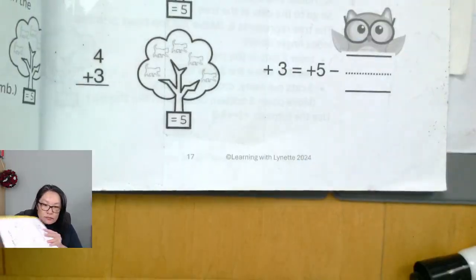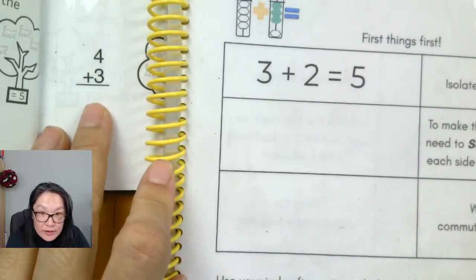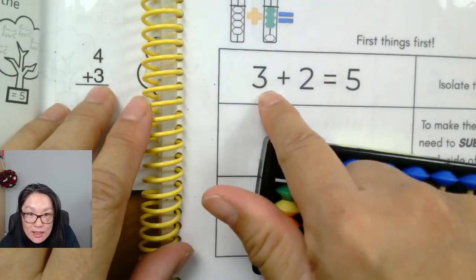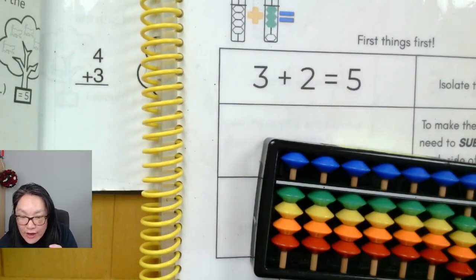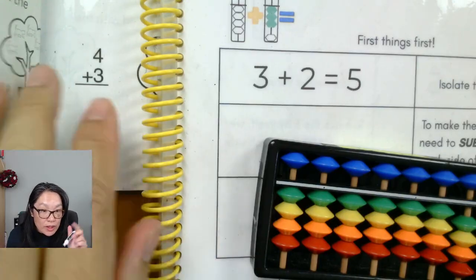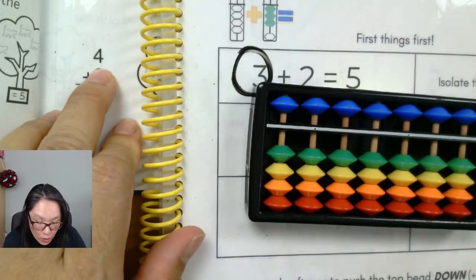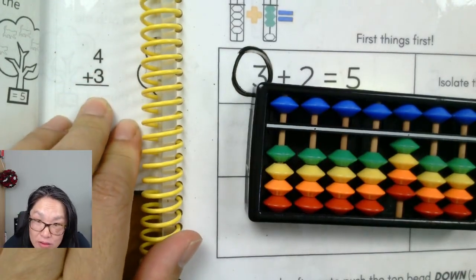Nope, that's not the right one. We'll do 4 plus 3. Again, this is the concept. 3 plus 2 is equal to 5. Well, what are we going to do with it? What we're going to do is we're going to isolate this variable. Why? Because when I have the 4 and I want to add 3, there's not enough beads to add the